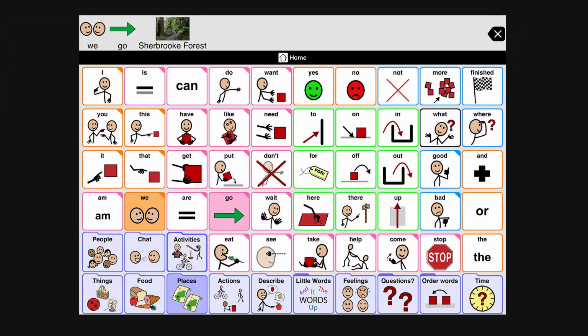Using less words when modelling on the Prolo means that we are focusing on the most important words of the sentence. For example, I might model "We go Sherbrooke Forest." This sentence isn't grammatically correct, but it communicates the who, the what, and the where, which gets the message across in the least amount of words and time. We and go are core words which are on the home page, and Sherbrooke Forest is in the Places folder. So to make communication more successful and meaningful, remember,